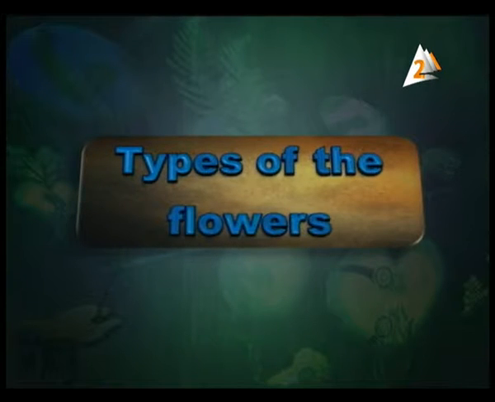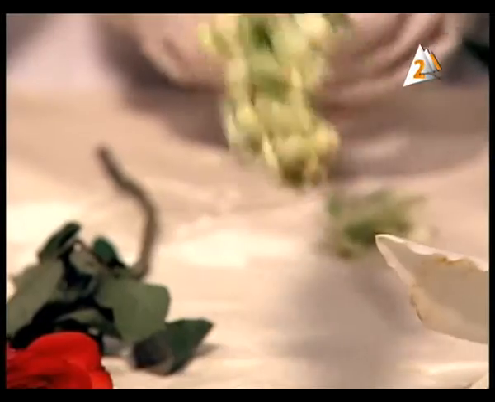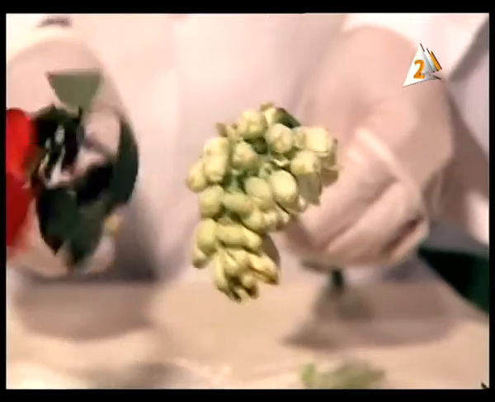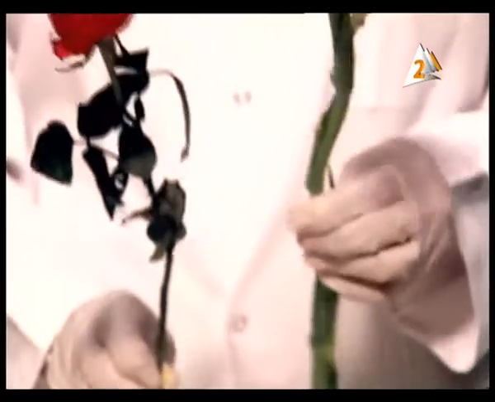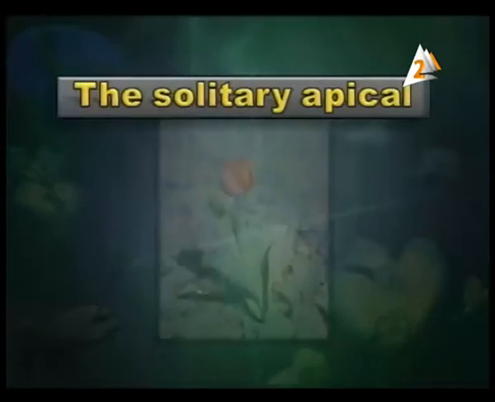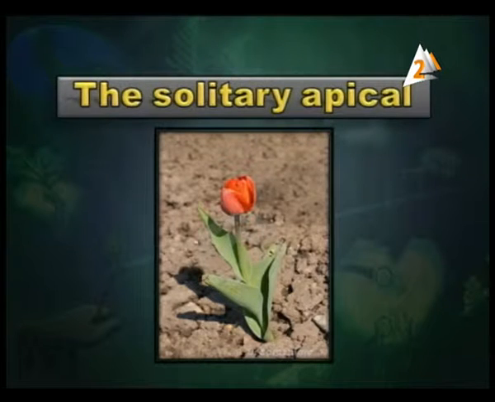Flowers can be classified by their number into two main types. The first one is solitary, that means a single flower, or inflorescence, that means a group of flowers. The solitary flower is also subdivided into two types. So the solitary flower is one flower and it has different types. The first type of solitary flower is called the apical flower. The solitary apical flower is found at the tip of the stem, as in the figure,